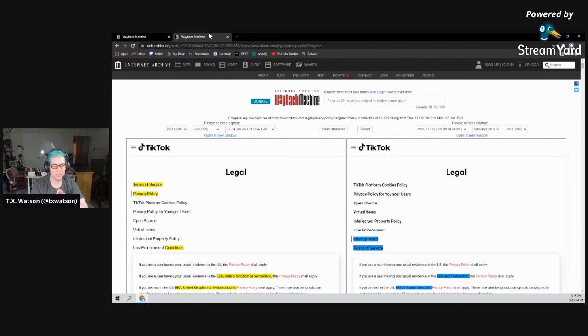And the privacy policy has been updated to say that they are collecting biometric data, that they can use the information they collect about you for demographic purposes, and that they can send our data to processing centers outside of the United States. Those are all noteworthy and something we should be paying attention to.